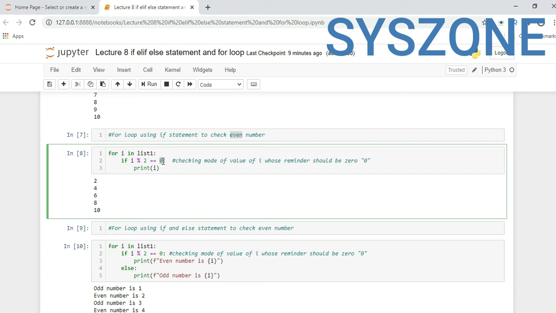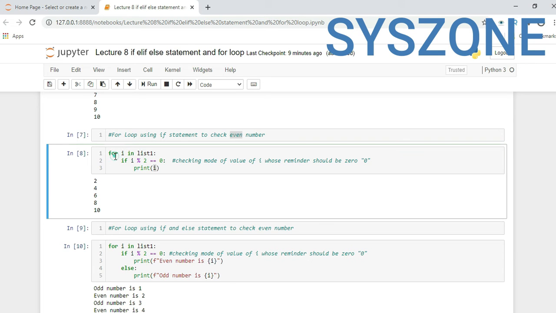If the remainder is 0, we treat that number as an even number. So it checks the mod of the value of i, whose remainder should be 0, and if the remainder is 0, then it will print. So this is our output: 2, 4, 6, 8, 10. These are our even numbers.